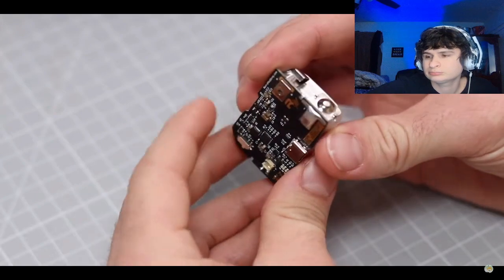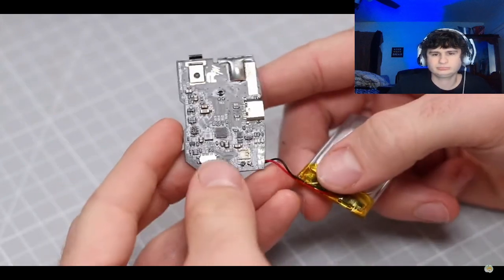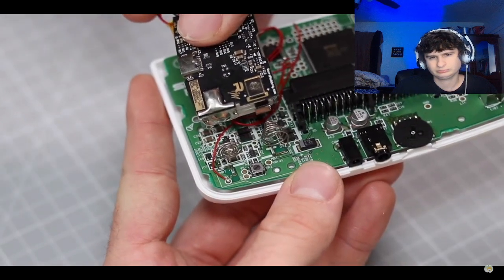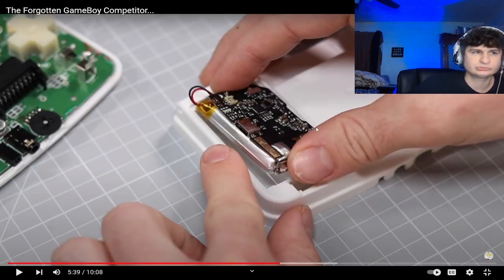Now, you could end it there, but I'm going to add a rechargeable battery. This is made and sold by Retro Modding, and is actually for the Game Boy Advance, but will work perfectly with